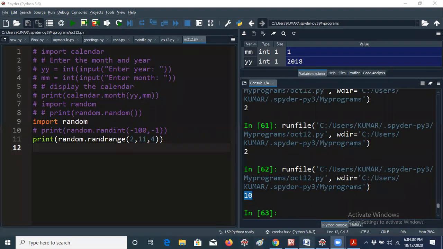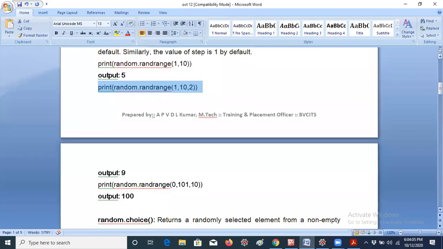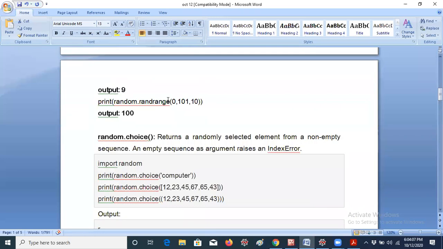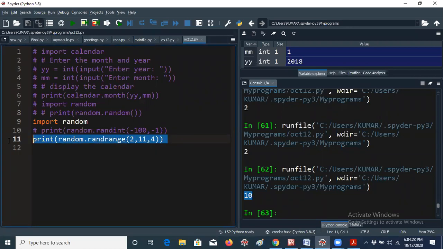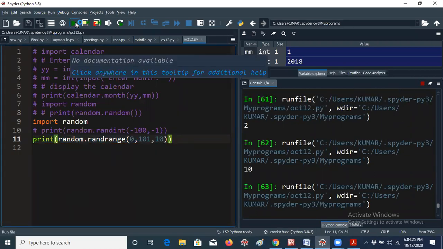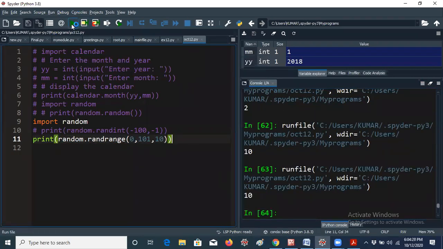Okay. Thank you, guys. And let me move to the next question. In the same way, if you are giving 0, 101, it will start from 0. The first element should be there, guys. If I am giving 101, it will get only up to 100. Okay. If I am giving step count as 10, it will skip the values: 10, 20, 30, 40 like that. Let me give this line. I don't want to explain all the things, guys, but you should just understand. Okay, 10 I am getting now. Now I am getting 70. Every time I am getting multiples of 10, because I am giving 10 as a step count. Okay, you should remember in that way.